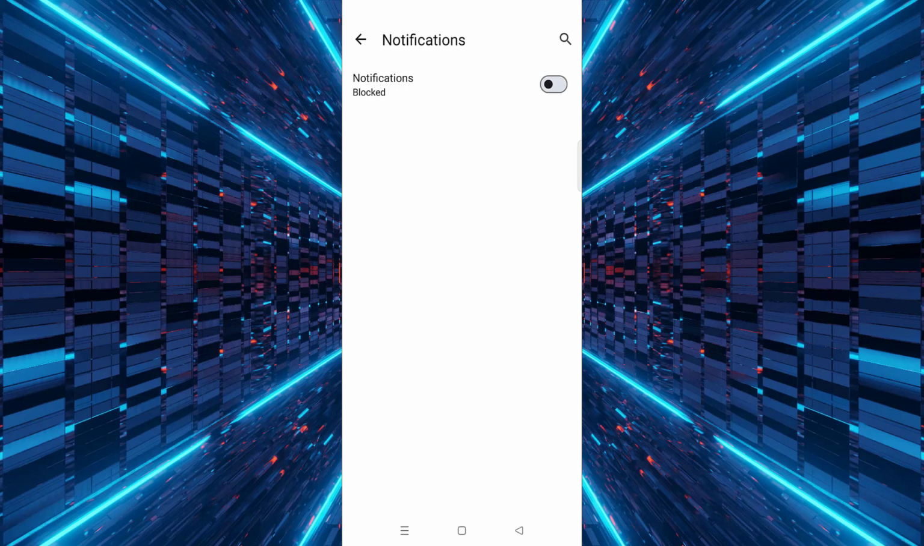To sum up, disabling notifications on Microsoft Edge Mobile is simple and effective for reducing distractions. Follow these steps anytime you want to manage your